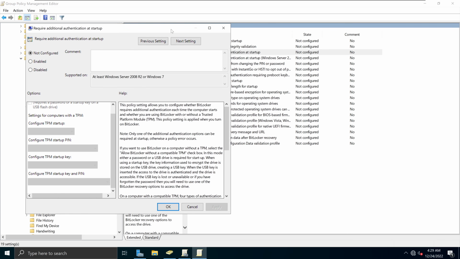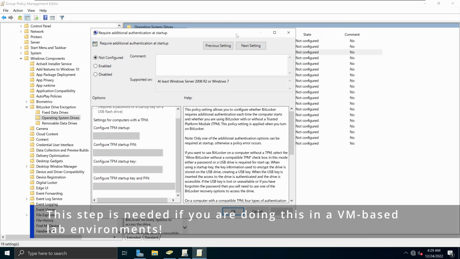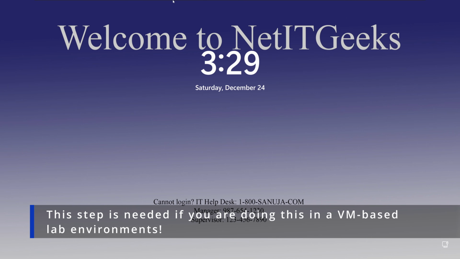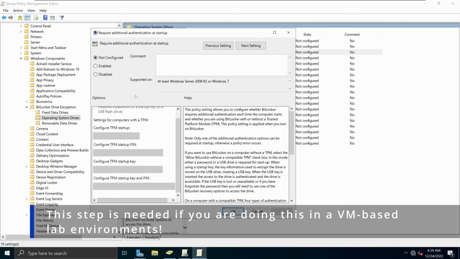This step is not necessary for any of you who are performing this on a production server that is not in a virtual environment. I'm doing this because I have virtual machines. For example, my Windows 11 machine is a virtual machine, and also my Windows Server 2022 is on a virtual machine. So I'm going to open this option called